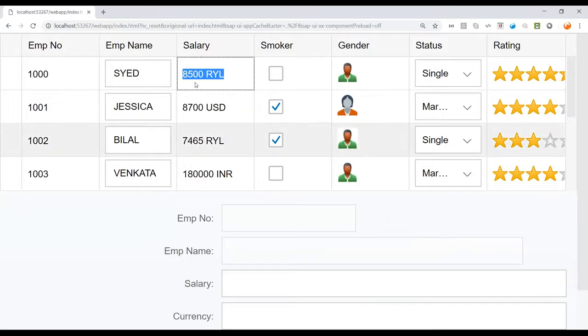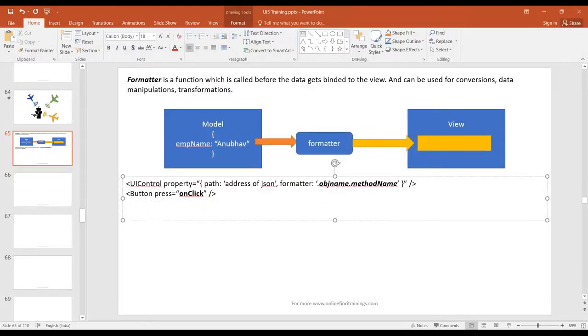Now there is another technique, guys. Somebody was asking, Anubhav, can we get symbols instead of currency name? Can we get symbols here? Why not? SAP UI5 is a very rich framework. It allows us to use ready-to-use formatters for currency, date and time,